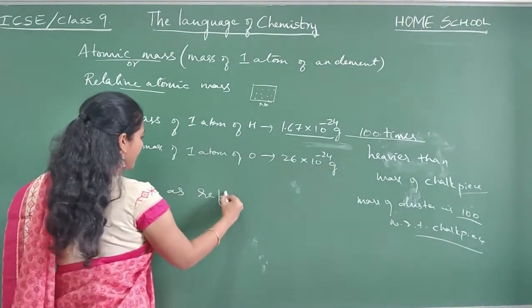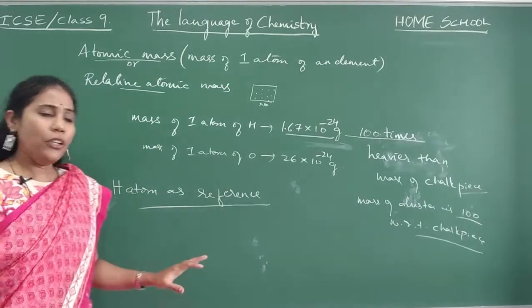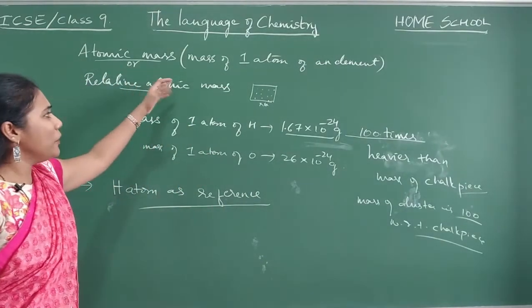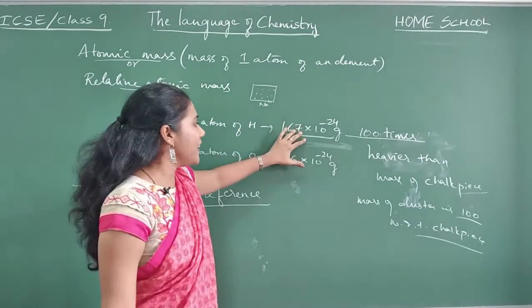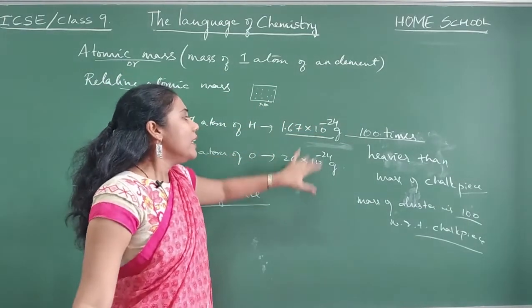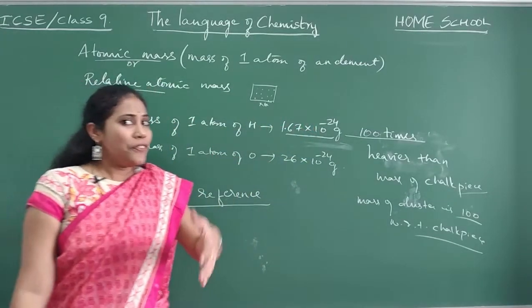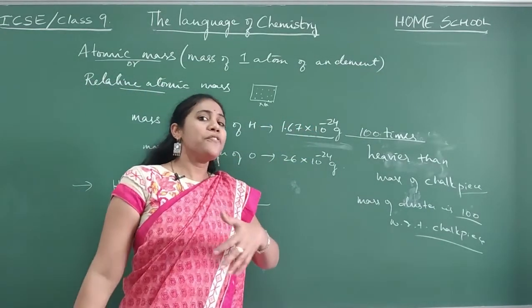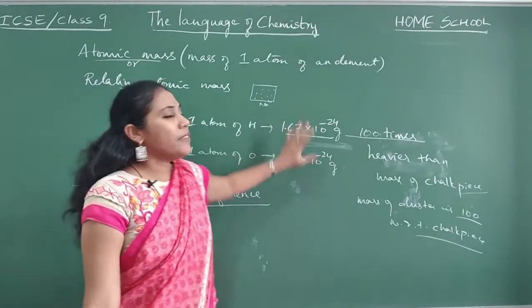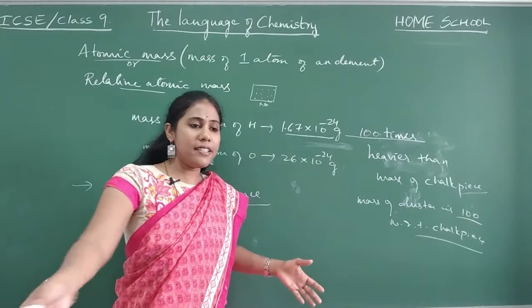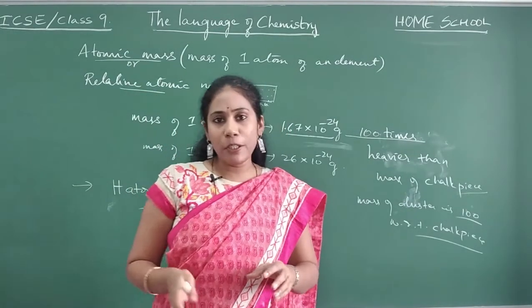Hydrogen atom as reference initially. Studying every atom, conducting experiments, and finding their weights gives such small numbers. If you have such small numbers, further calculations of other chemical concepts using atomic masses will become very difficult. That is the reason they thought of going for this method to find the relative atomic masses.